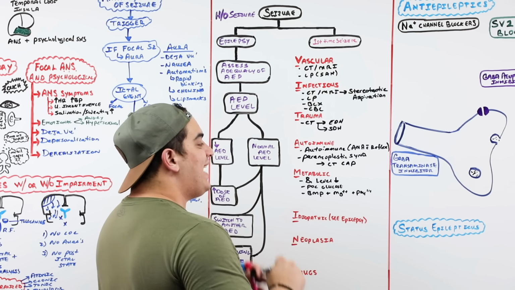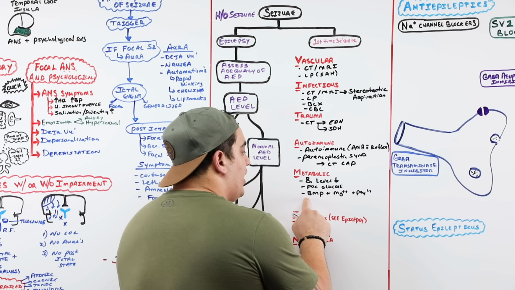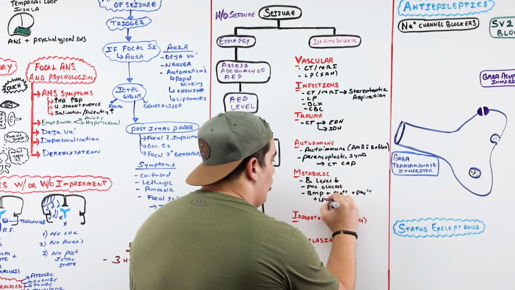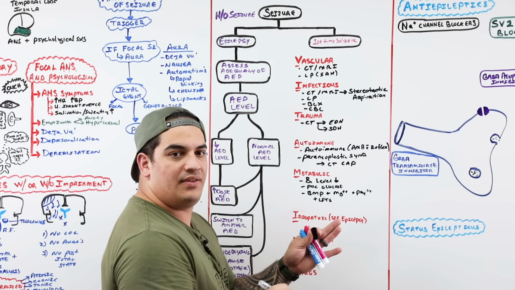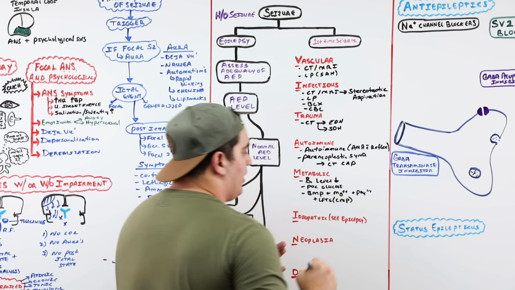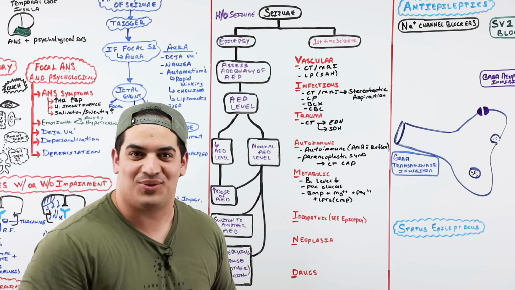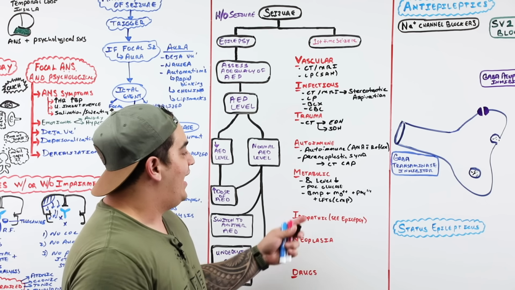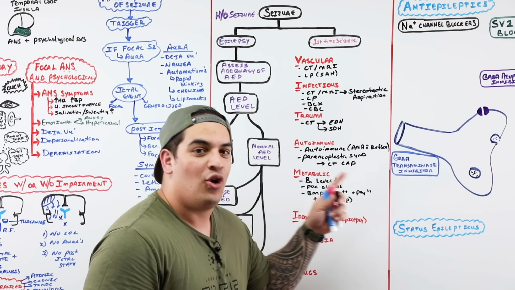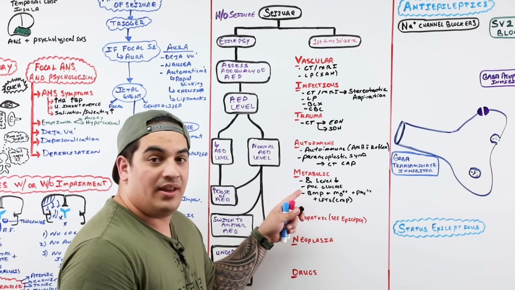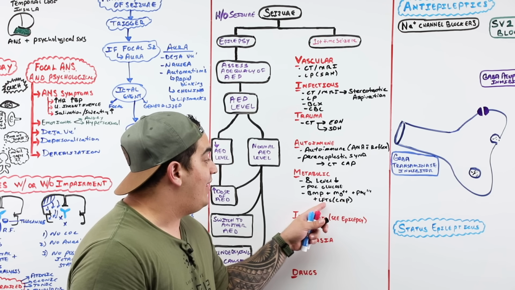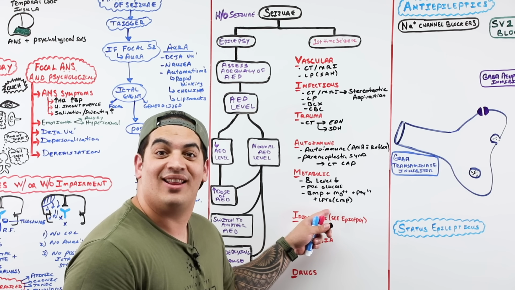Let's actually take this a step further. You know what, with a BMP, you can add LFTs. When you add a BMP plus LFTs, what is that actually called? It's a CMP. So if I really wanted to save money, instead of ordering 2 tests, what I could do is get a CMP, adding on magnesium and phosphate. Why? A BMP will tell me the sodium, it will tell me the calcium, I'll get the mag and phos separately, and then the CMP also gives me their LFTs.